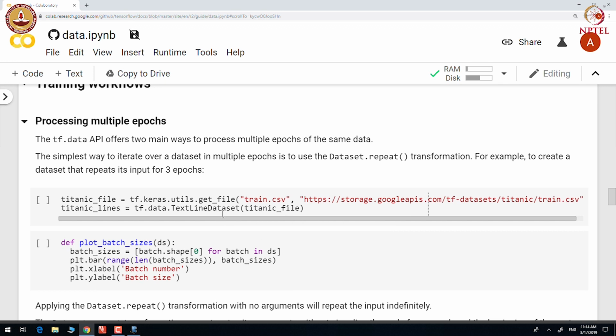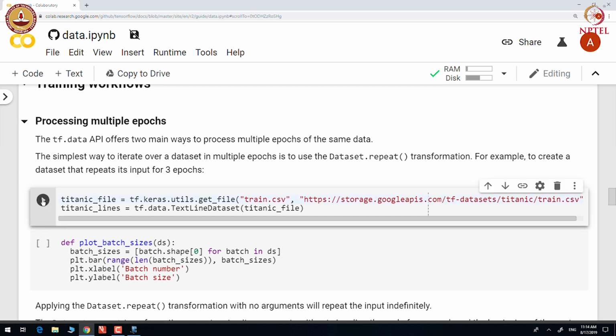Let us create a data set that repeats its input for 3 epochs. We construct a data set from a CSV file here.